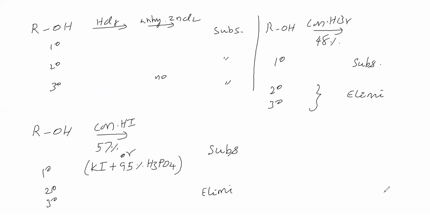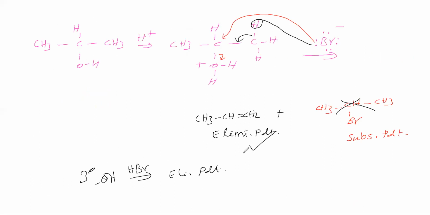In this alcohol method, water is also eliminated, water is also produced. This water is in a liquid state, isn't it? If this water is in a liquid state, that means it is mixing with water, that's all. But here substitution and elimination are both mixed, that is a disadvantage.